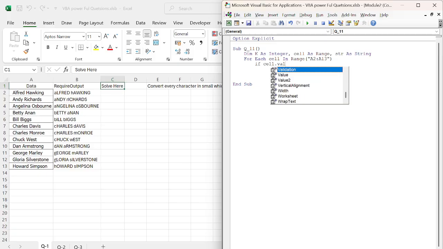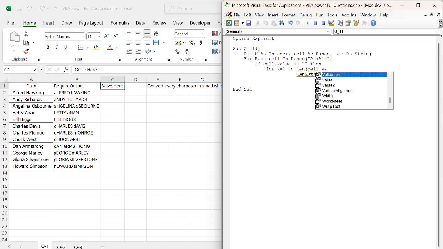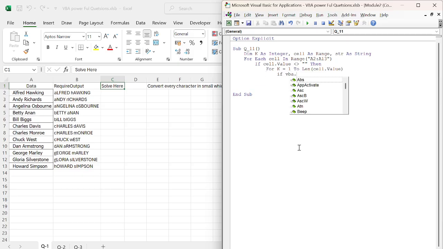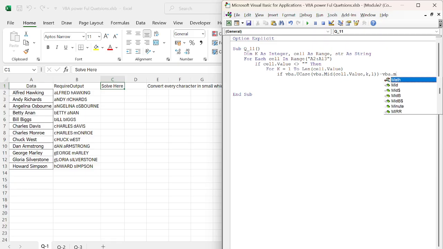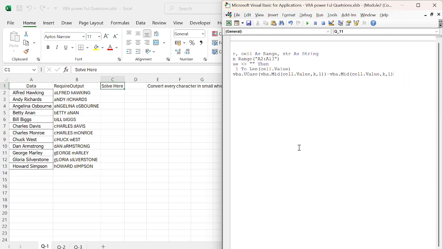If cell.Value is not blank, then my loop should run from k = 1 to Len(cell.Value). If VBA.Mid(cell.Value, k, 1) is equal to VBA.UCase of the same character, which means it is uppercase, then